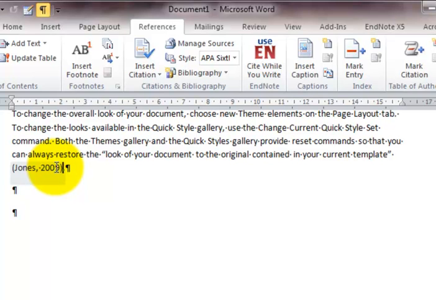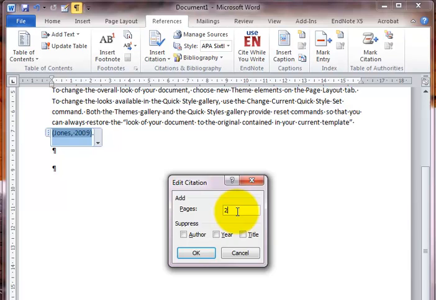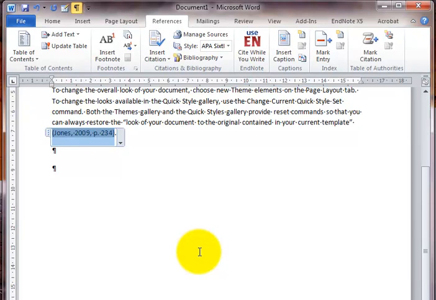To be able to insert a quote, we left click on the arrow, and we choose Edit Citation. There are other possibilities here, we'll look at that later. Edit Citation, and insert the page number where you quoted from, and click OK. And there it is, done correctly for us. Okay, so